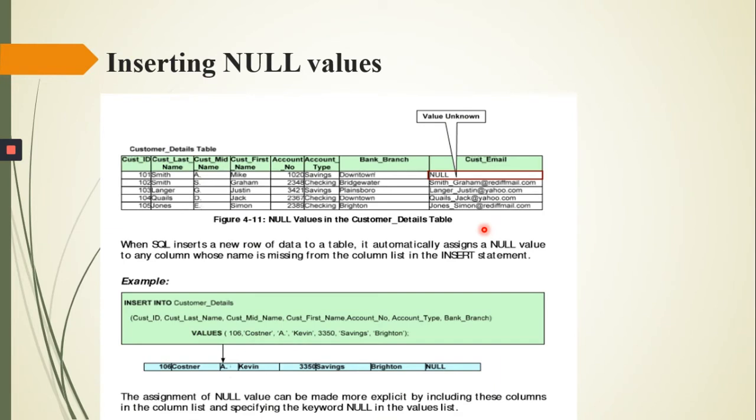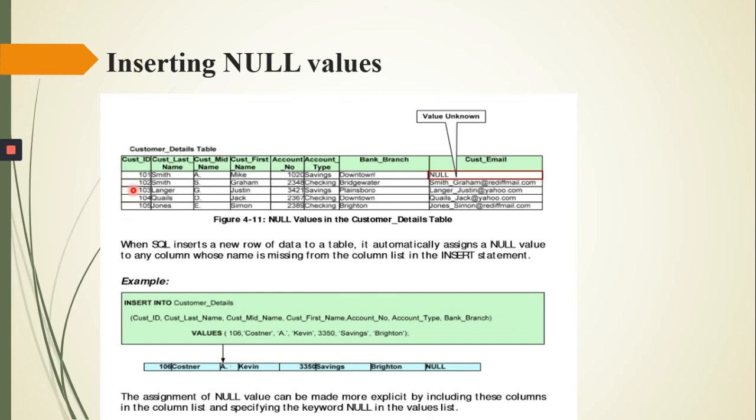So see here, we have a table in which we have 5 rows of data, and we have 8 columns: 1, 2, 3, 4, 5, 6, 7, 8. Whenever we are deleting some data, the row will be deleted. If we are deleting 5 rows, then 101, 102, 103, 104 and 105 are deleted, but the customer details table is already here, and all columns are here. Only the rows are deleted.